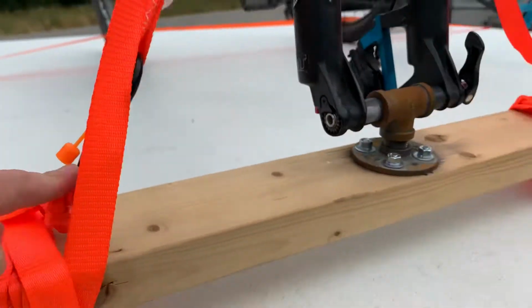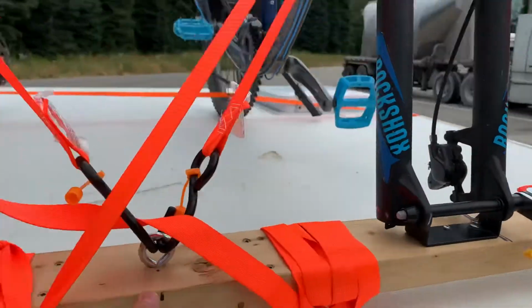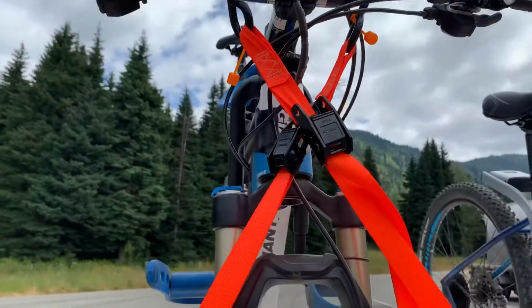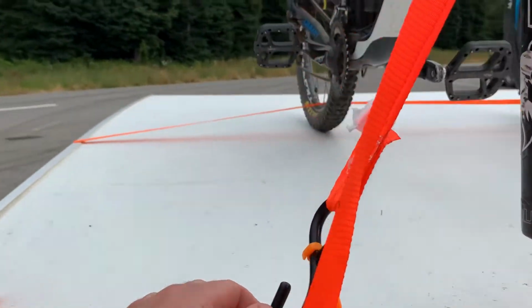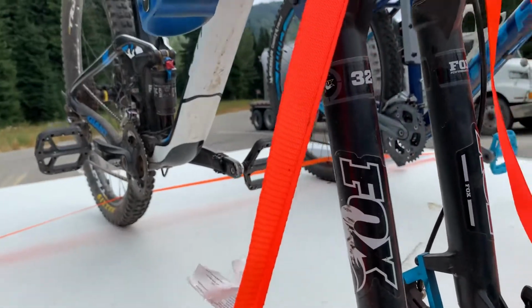I put one there, one in the middle, and then one at the side there, and that is just for putting these tie-down straps. So the tie-down straps are going to really give you that extra stability as you're driving to stop these bikes